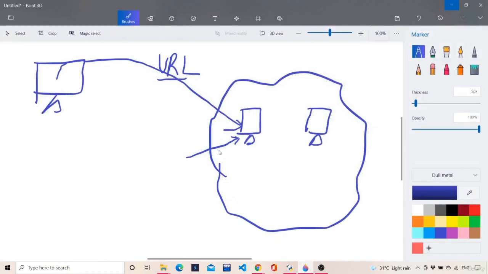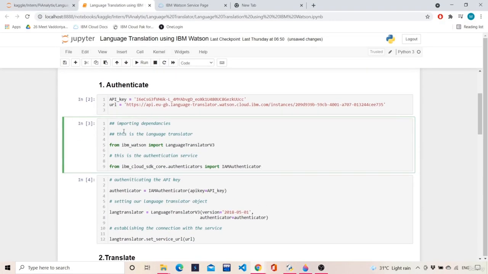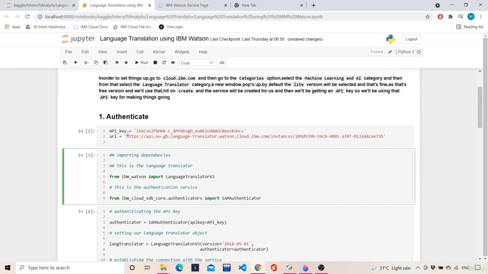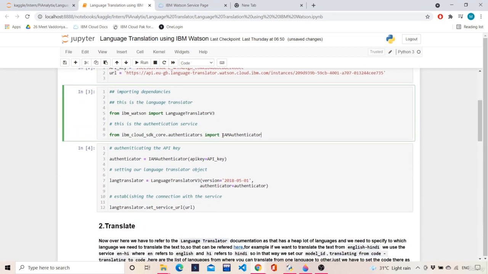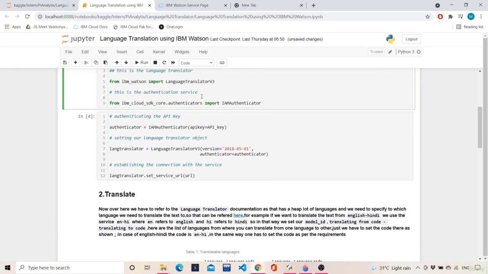As I mentioned, we need some kind of authentication key such that this machine, which is in the IBM cloud, allows our request. That is why we have the API key and URL. And for validating this API key and URL, we need to import this IAMAuthenticator. So once we have the authenticator, we have all our dependencies and services and packages imported.